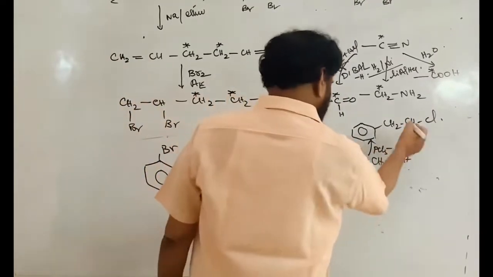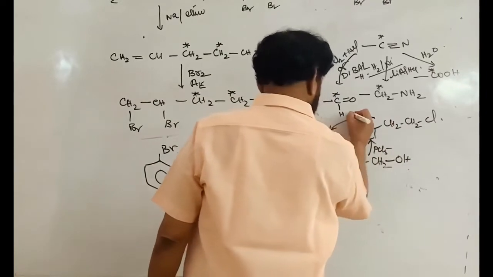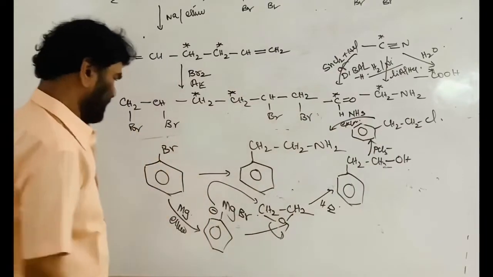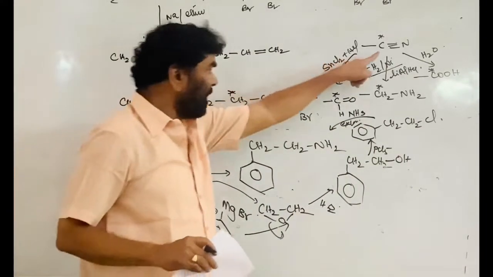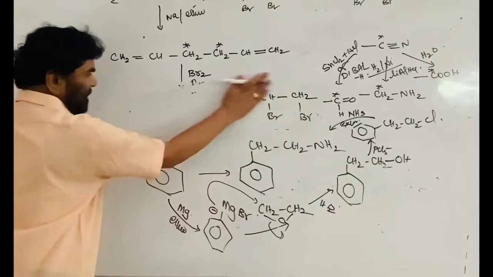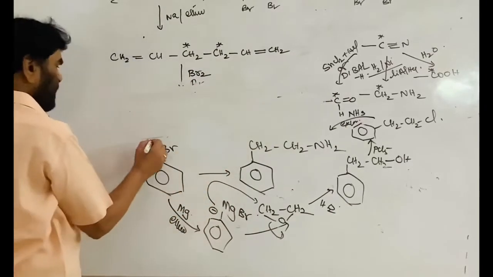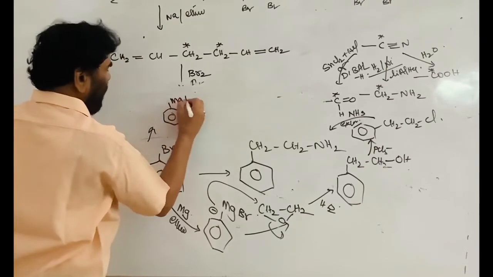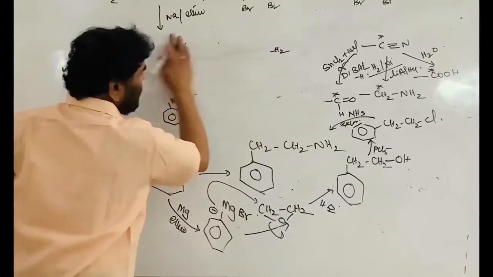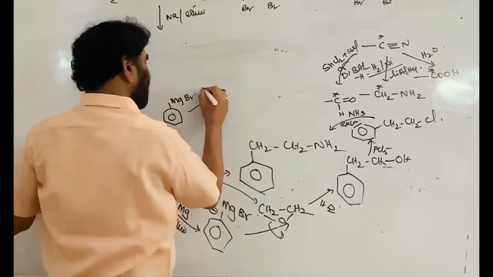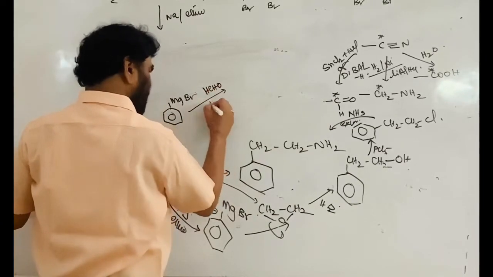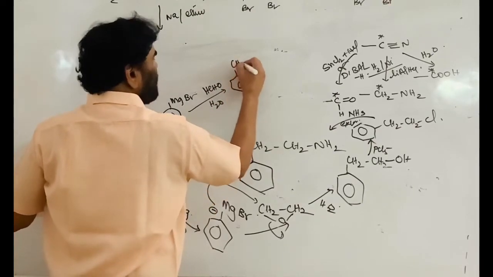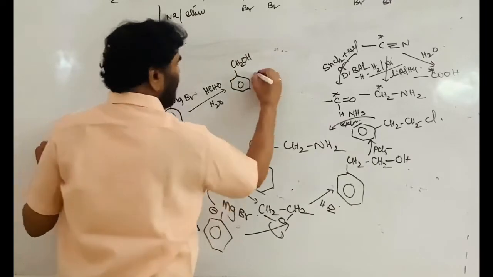This, on treatment with excess ammonia, is formed. So you told the cyanide process and all those reactions. What about those reactions? That is now the same. This is converted into phenyl magnesium bromide, right? Phenyl magnesium bromide, treat with formaldehyde and hydrolyze. I told you one carbon atom can be introduced, CH2OH, in the form of alcohol.